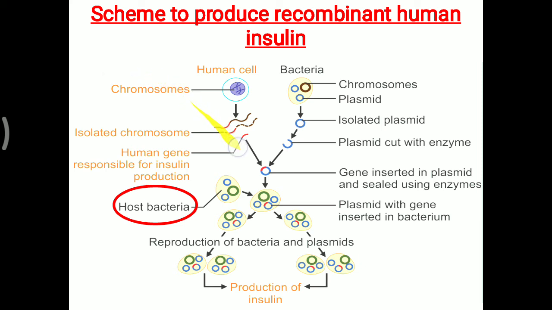Basically, a gene for the production of insulin is needed, and the plasmid is joined with the particular desired gene for insulin production, and that needs to be multiplied in colonies. So that is the simple way to produce recombinant human insulin, and in the same way different important proteins for the requirement can be produced. So that is based on recombinant DNA technology.